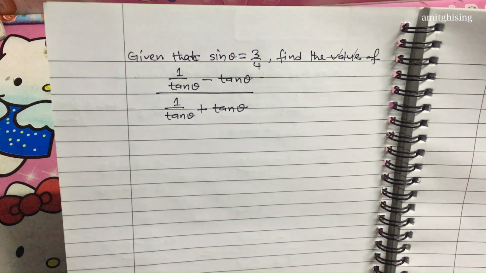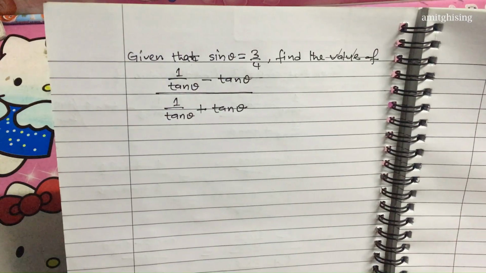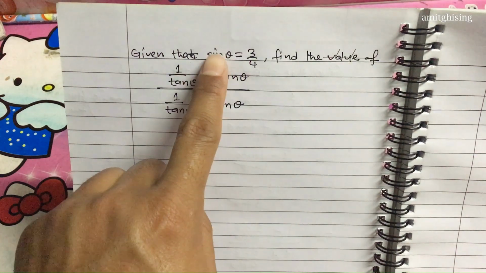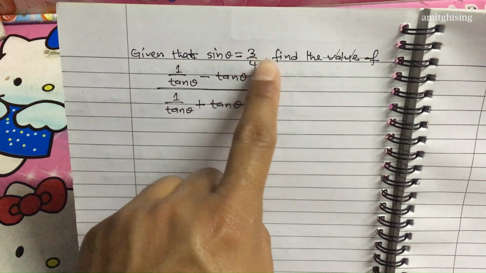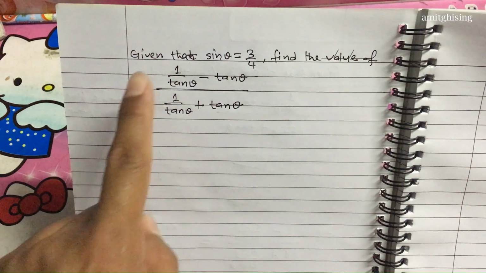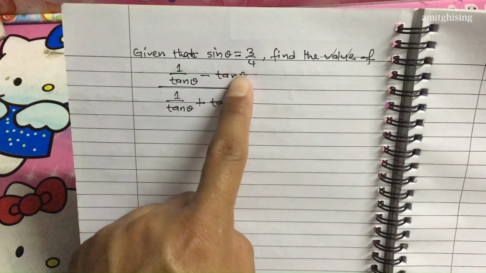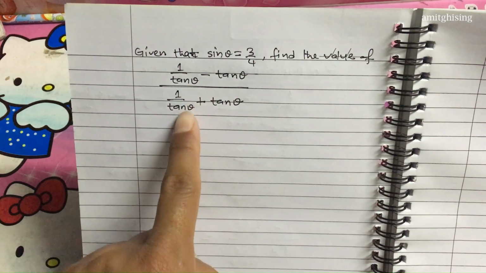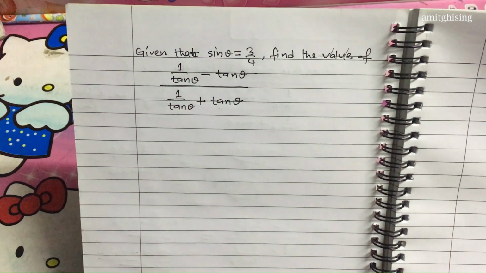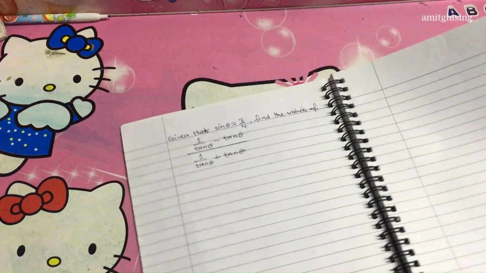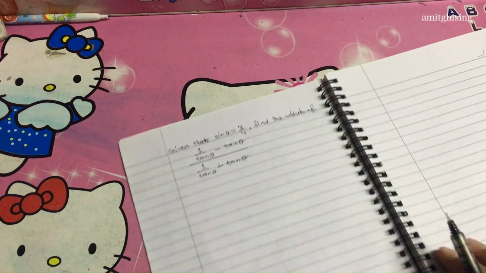Dear students, today I have brought this question to you. We are given the value of sine theta as 3/4, and we need to find the value of (1/tan theta minus tan theta) over (1/tan theta plus tan theta). So to solve this,